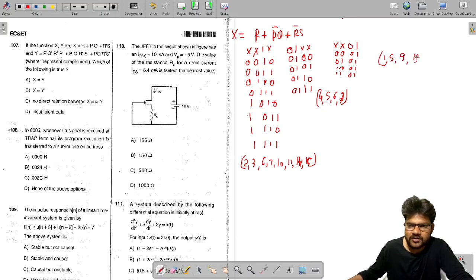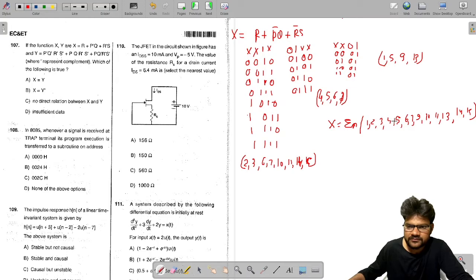Okay, so overall from x, if I write down total minterms from x, so 1 is there, yes, 2, yes, 3, 4 is there, yes, 5, 6, 7, 8 is not there, then 9, yes, 10, 11, 12, no, 13, yes, 13 is there, 11, 13 and 14 and 15 are there. Okay, so how many minterms?